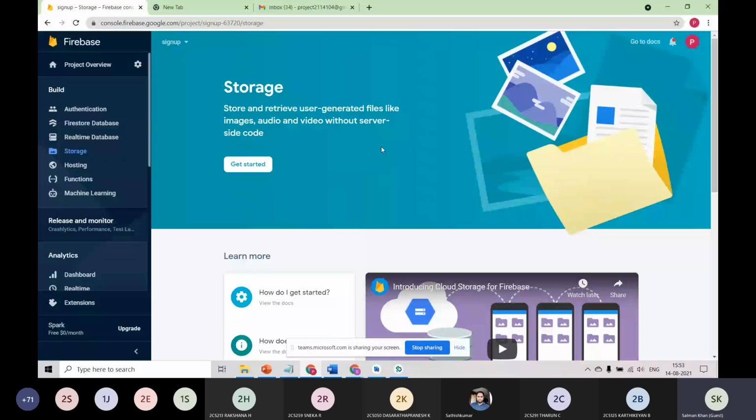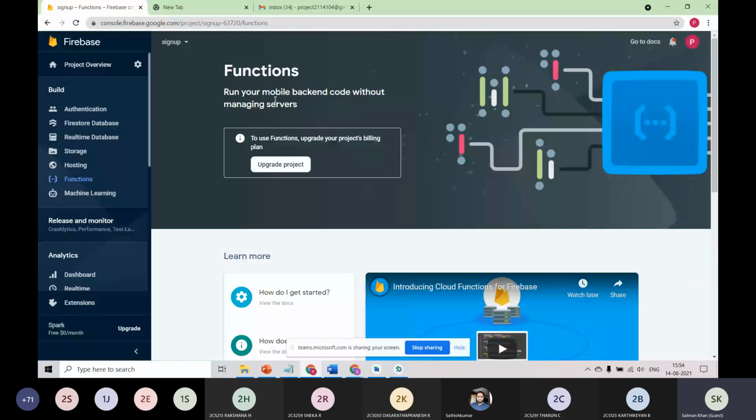Also, the most important part is functions, which are now mostly used in all applications. For the free tier, you cannot use this. The reason is it runs backend code without managing servers. For example, in Gmail, without updating the application, you may face some UI changes immediately, because the backend code is uploaded in the cloud servers. And whenever you push notifications, most of it is handled by Google's cloud functions. So that's what it is mainly used for.